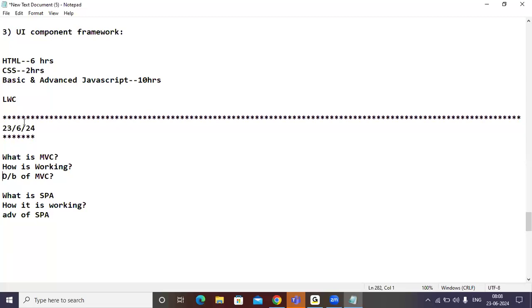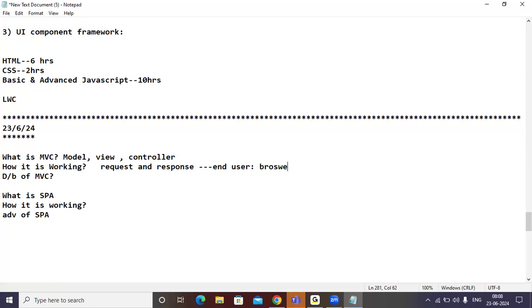So MVC stands for Model View Controller. How it is working? It is working depending on the request and response model, right? Here, the end user is always sitting in front of the browser.